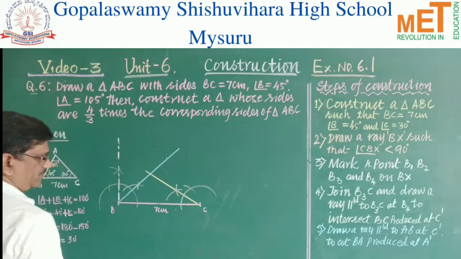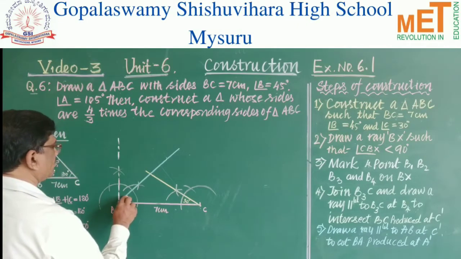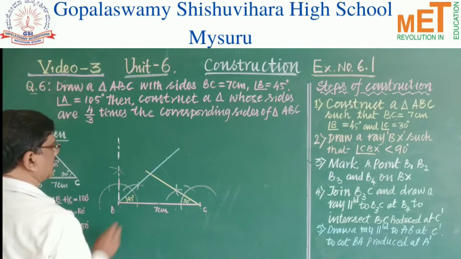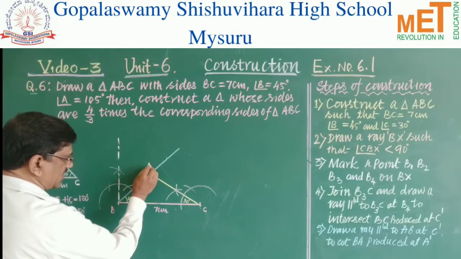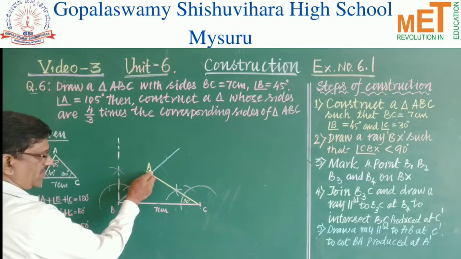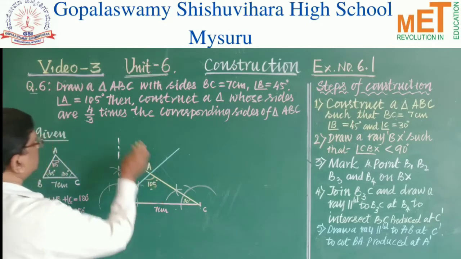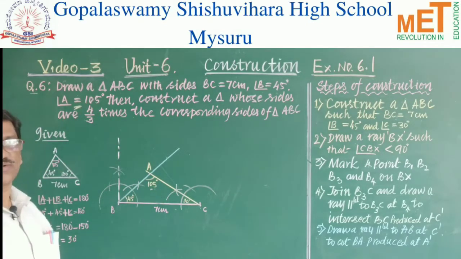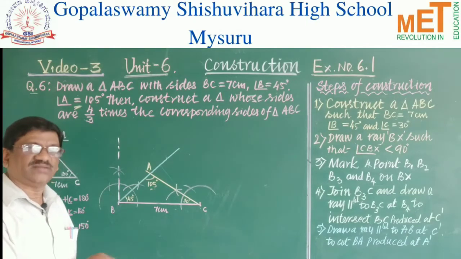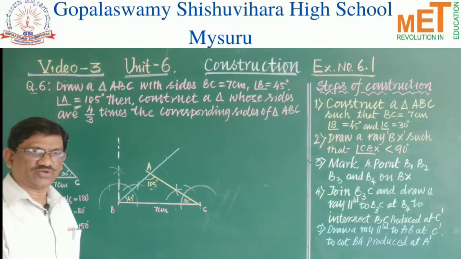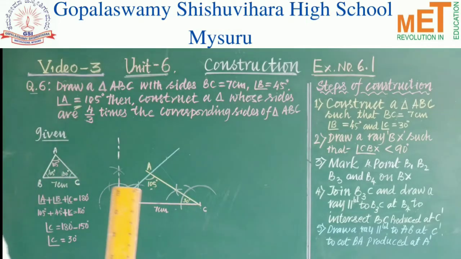Now you see, children, here. So, this is 30 degree. And this is 45 degree, and automatically if you measure this angle at A, this is angle A, so angle A automatically you will get 105 degree. This is what we required here. Understood? So, after constructing a triangle like this, the remaining procedure is as usual in the previous sum, how we did. Okay. So, now what we have to do now?